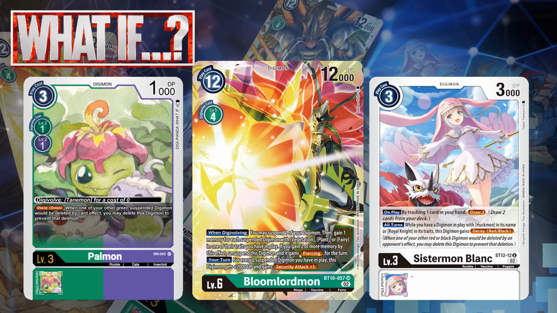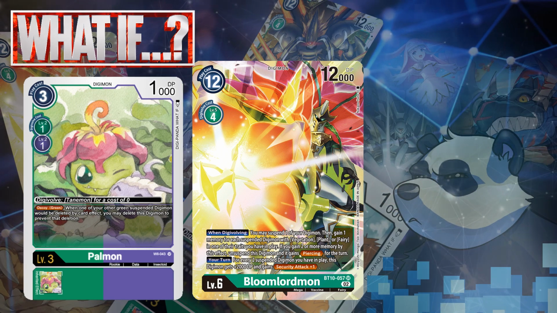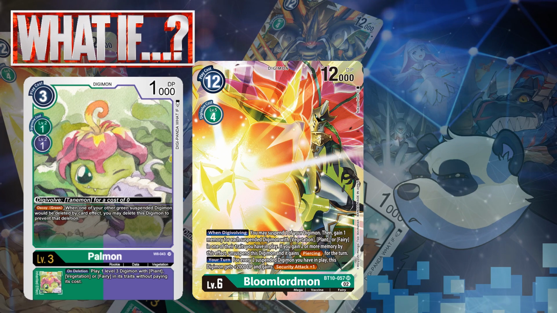Alternatively, because Plant and Vegetation Digimon are plants, you could start hybridizing the green element with purple. When this Plant or Vegetation Digimon is deleted, play one level 3 Plant or Vegetation Digimon from your trash without paying its cost. This plays to plants sowing their seeds before they die to bring new life, and in a